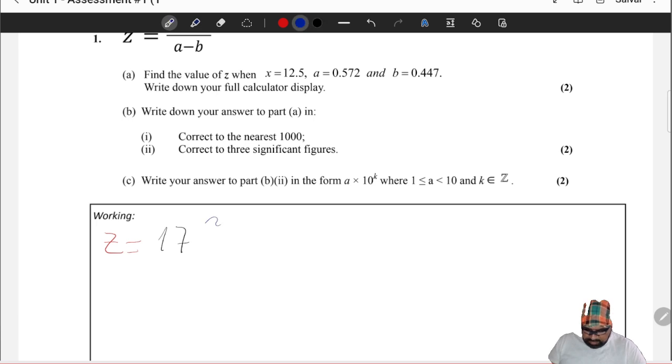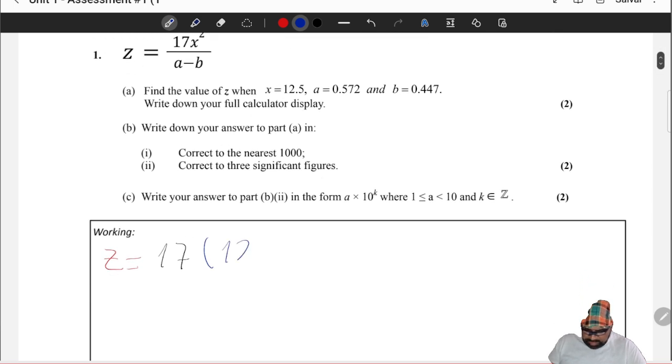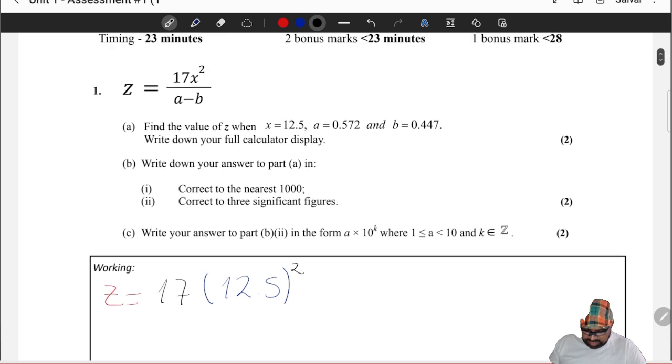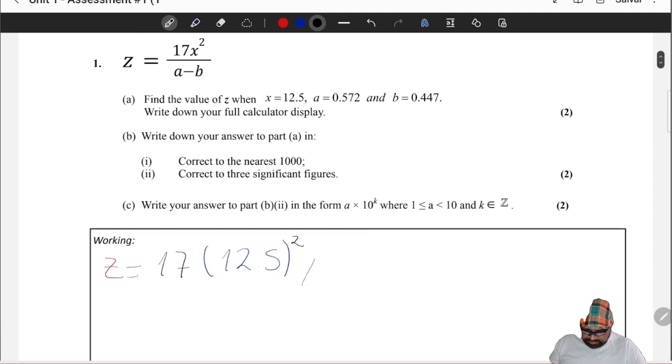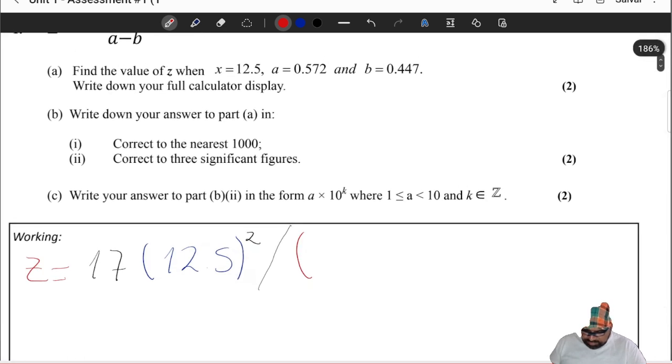My x squared, as we know, my x is 12.5. 12.5 to the second power divided by, that's the problem in some assessments, division here, and be sure if you're using TI-84 to open the parentheses here. Parentheses, and right now is 0.572, 0.572 minus